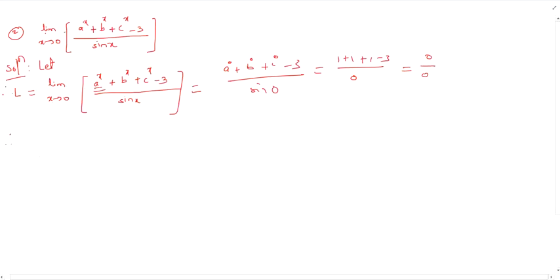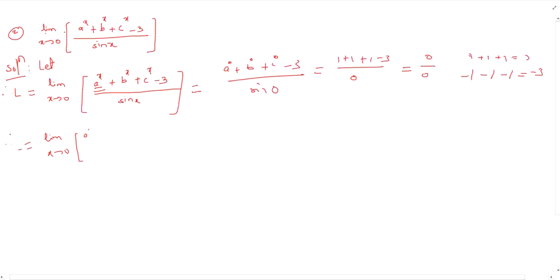So reduce it to the standard form. How to reduce? Let us see, which is very easy. We want to obtain minus 1 for each term. So this minus 3 can be split as minus 1, minus 1, minus 1. So 1 plus 1 plus 1 is equal to plus 3, and minus 1, minus 1, minus 1 is equal to minus 3, just like that.